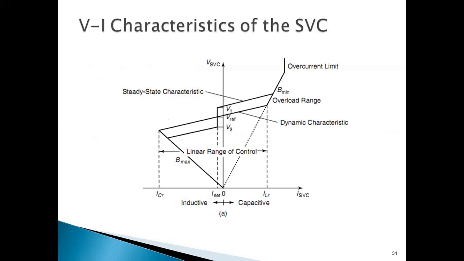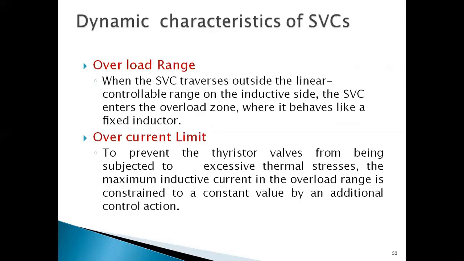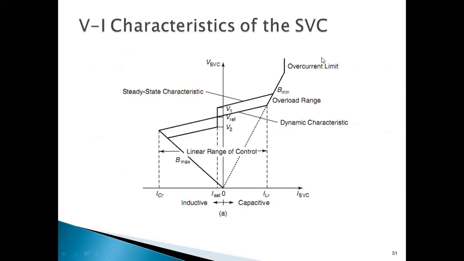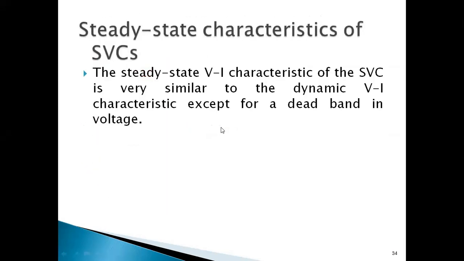This is dynamic because it is changing with respect to time. And the difference between the static and dynamic, are you able to observe in the diagram? Only one difference: static characteristics and dynamic characteristics. In static characteristics, only this dead zone is available, for which there is no response. That is the difference between static and dynamic. The steady state VI characteristic of SVC is very similar to the dynamic VI characteristics, except for a dead band